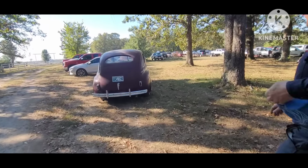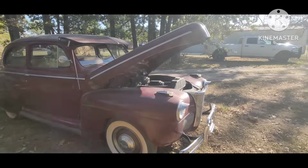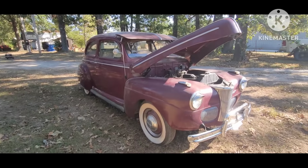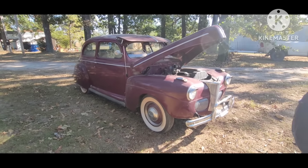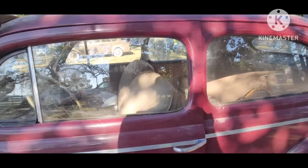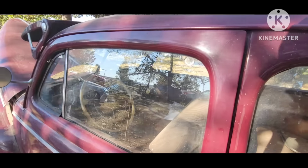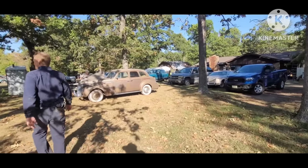Is this the one that they were saying used a lot of these for parades? I don't know. Oh, that's a beautiful car. 41, they tried, but they just didn't quite hit the mark. It's a super deluxe. With a visor on it and everything. It's got the deluxe wheel and all. I'll let you talk about these as you walk through them if you want. I'm just going to walk through quick and then we'll look at other stuff. We'll get the quick run and then...